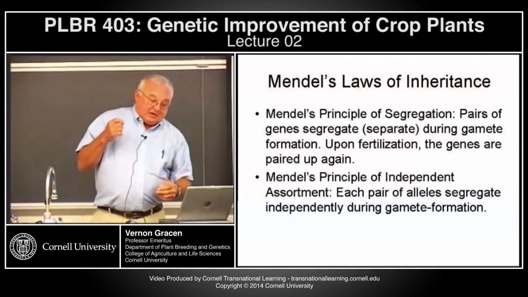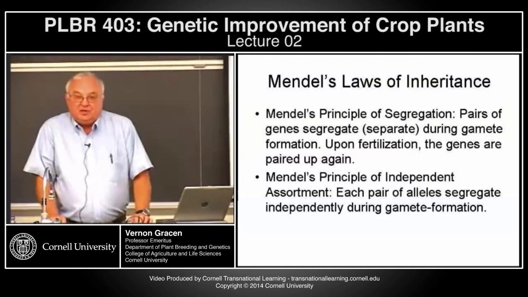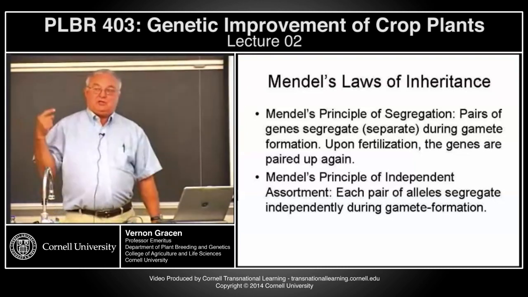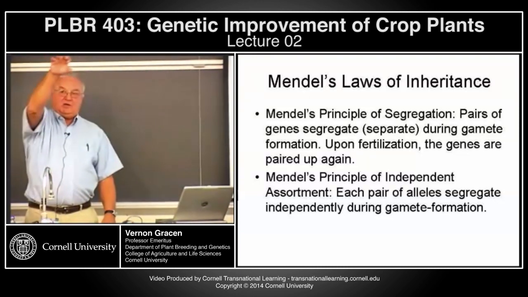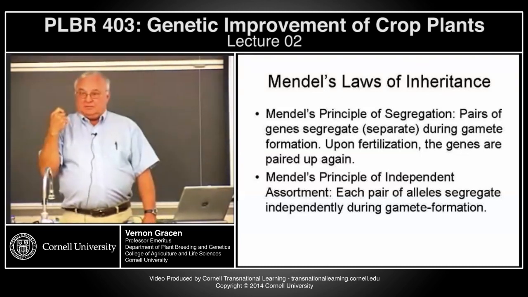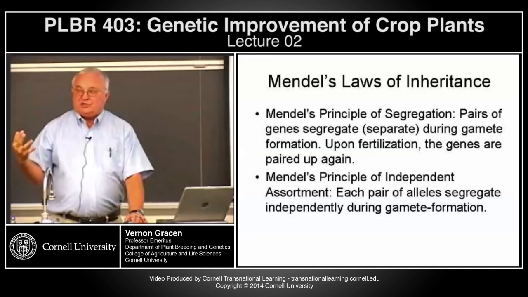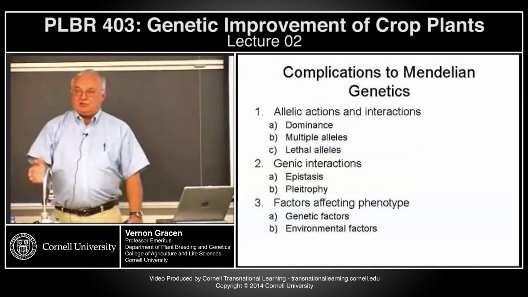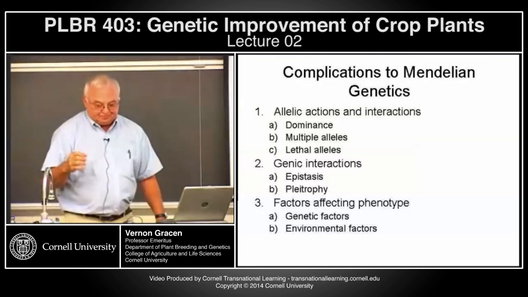So as I pointed out, not only was Mendel lucky or selective in that all of the traits that he chose to study were either full dominant or recessive, but he was also lucky in that he studied about 7 different traits, and none of those traits were linked together. They all showed independent assortment.